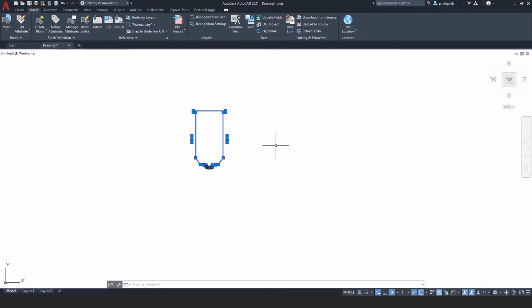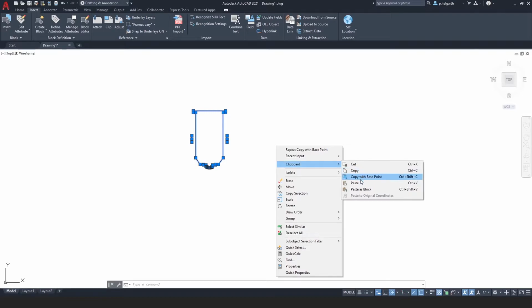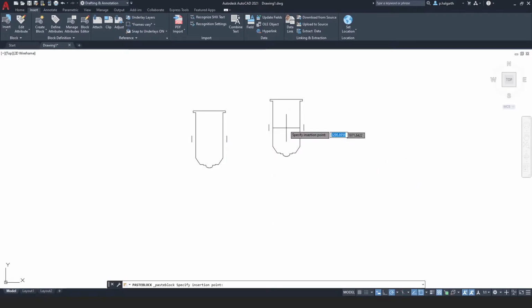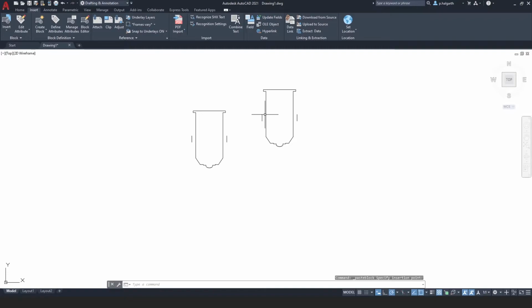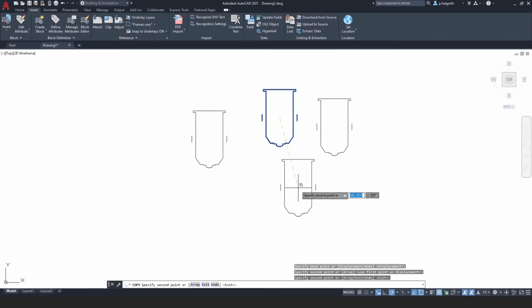And now I'm going to paste, and I'm going to go to this one here, paste as block. Now you can see that it's going to paste it, and I've got it by the center where I chose the base point, and now I can just paste this in. When I hover over this, you can see that now instead of saying polyline, it says block reference. So this one is a block, where this original one is just a wipeout and a line. The good thing about blocks is that whenever you copy and paste them, so I'm just going to do a copy selection here and paste a few of these down,